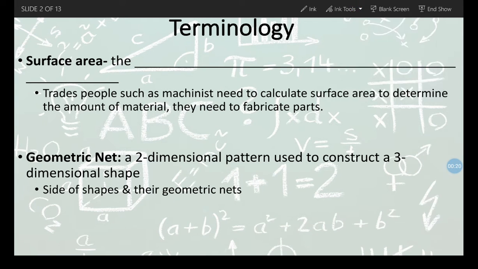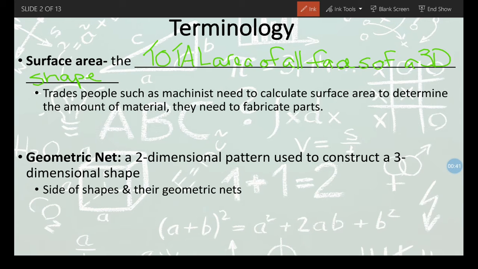So what is surface area? Well, surface area is the total area of all faces of a three-dimensional shape. So think of looking at a tissue box and figuring out the area of the top, bottom, left, right, front, and back. Adding that all up will give you the total area of that, which is called your surface